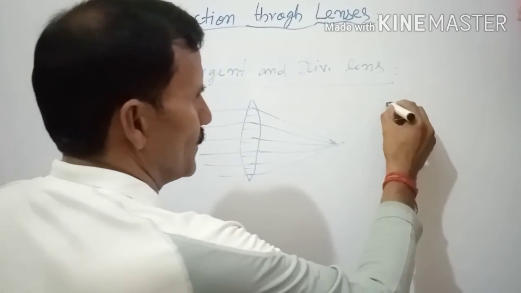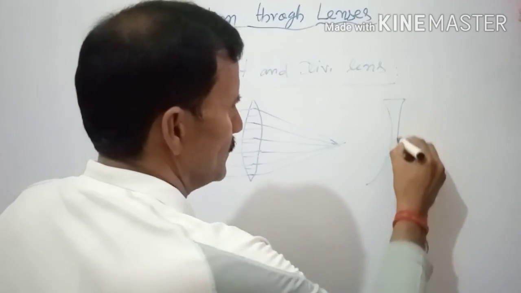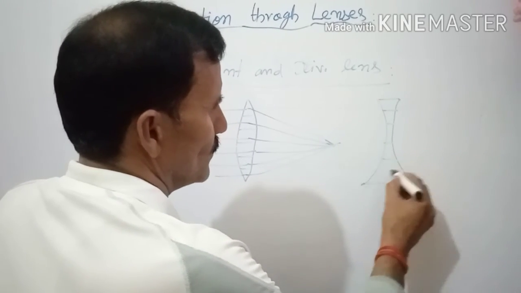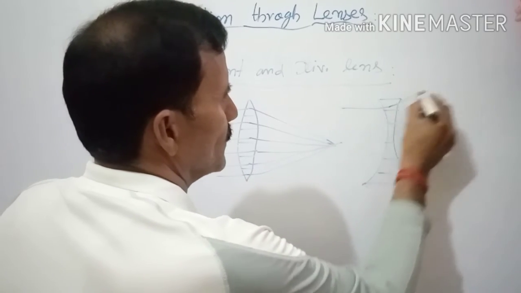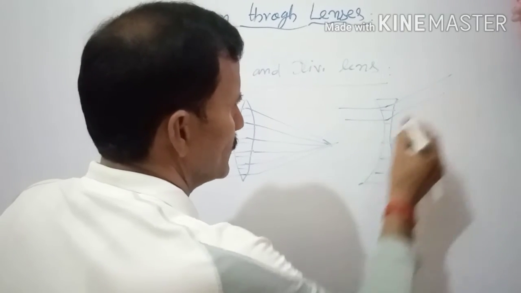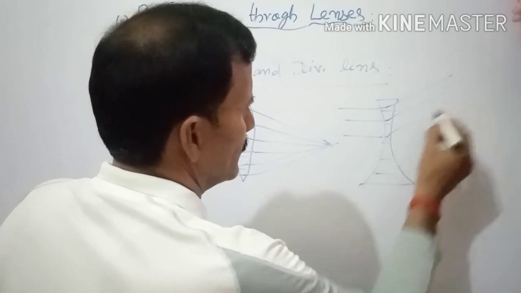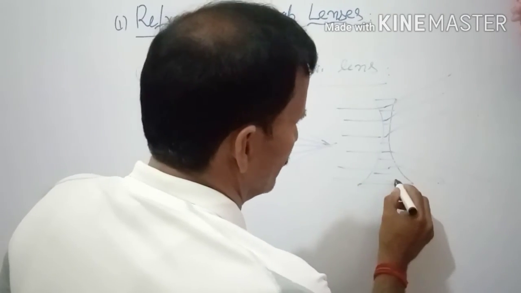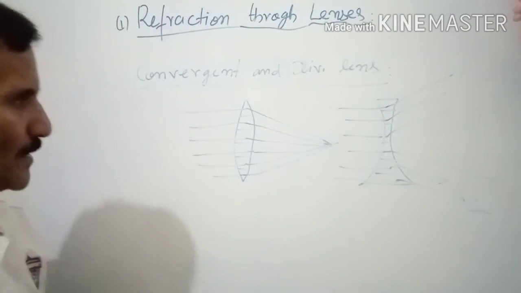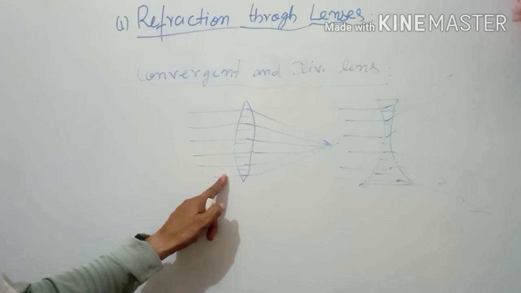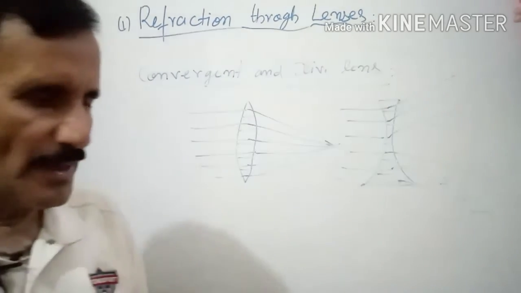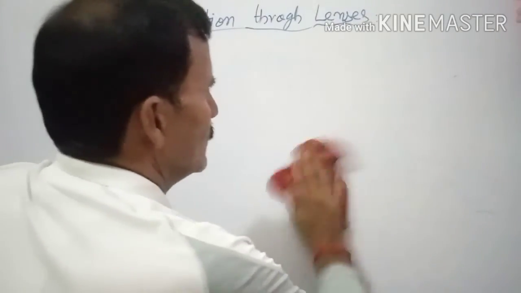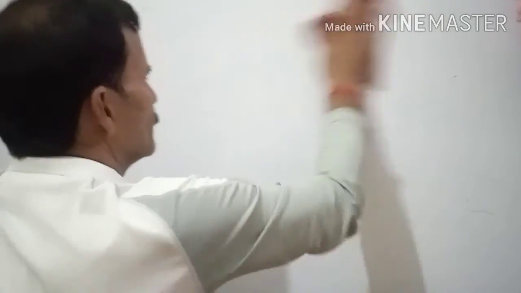And for the concave lens, when you are making a concave lens, what are you getting? The base is upwards. So after refraction it moves up. So there is a diverging action. Okay? So this is like this. That's why we always take that. So sometimes this is called a convergent lens and this is called a divergent lens. Okay? So this was all about refraction through lenses.